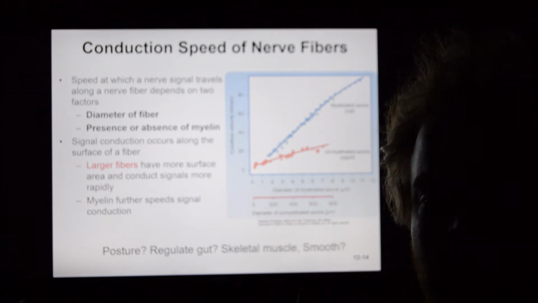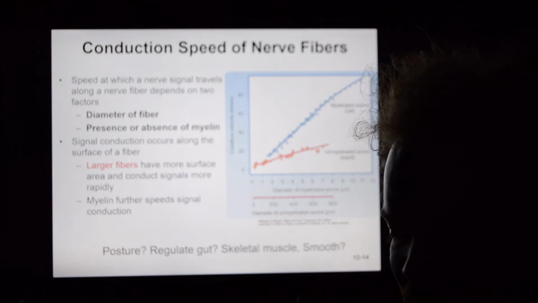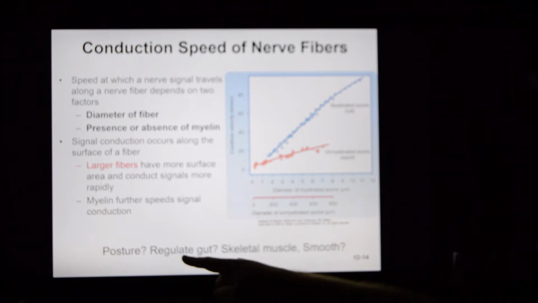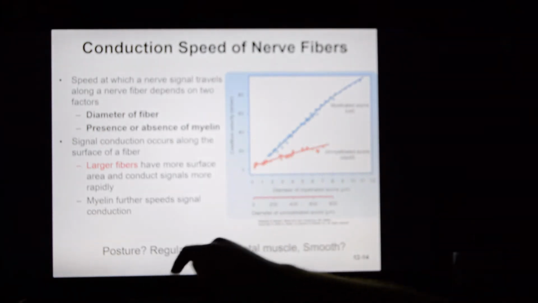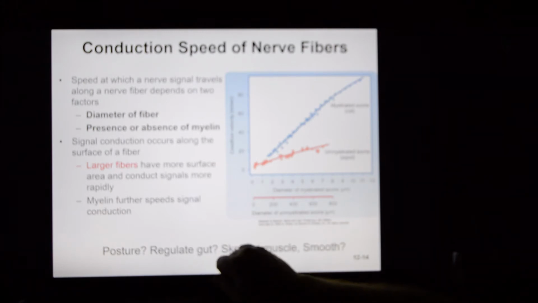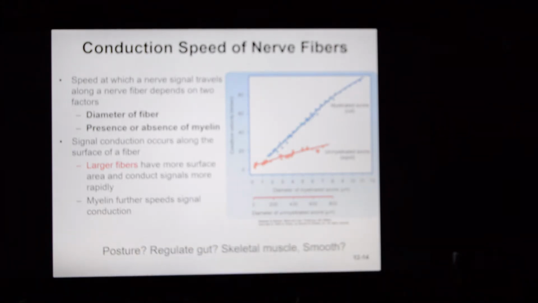But your touch receptors in your feet, and the stretch receptors in your leg muscles that keep you upright and make sure you don't fall down, they need myelin so they can conduct messages very fast. The neurons that regulate your intestines don't need myelin. They don't need to expend the energy for myelin, for Schwann cell support. You don't have to have instantaneous transmission speed. But your skeletal muscles that help you with your posture are going to have myelin so they can have an incredibly fast transmission speed. That's just how it works. If you want to be able to stand up straight and walk around, and if you trip, catch yourself, you need myelin to make sure those nerve transmissions are as fast as possible.